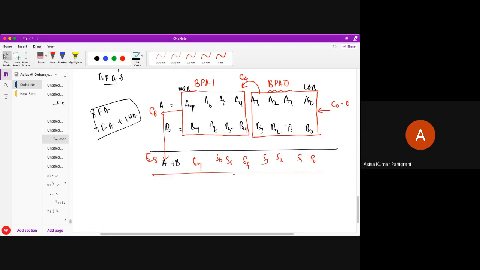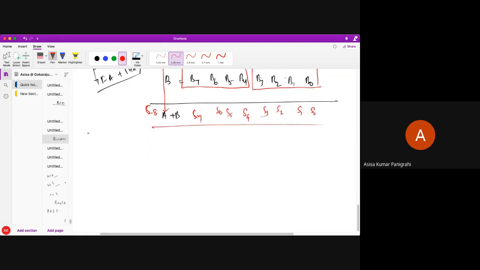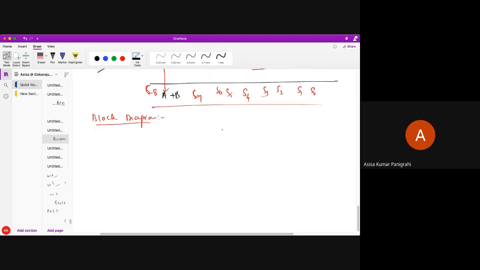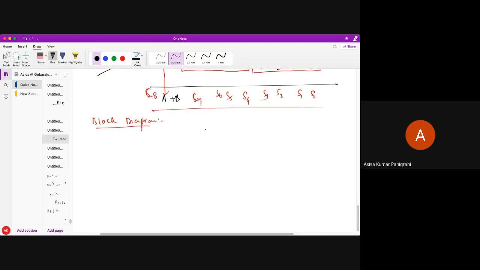You require two cascading stages over here. So how will the block diagram be? My block diagram will be like this to design. Please check here. These are all very important things. If you are not understanding, please unmute and ask me, students. So I need two 4-bit BPAs here, and I gave the name to this 4-bit BPA, let's say, BPA 0. Am I correct?